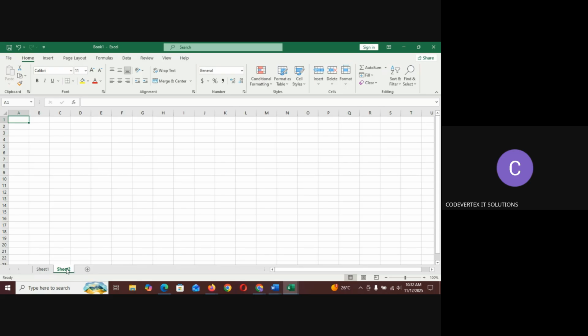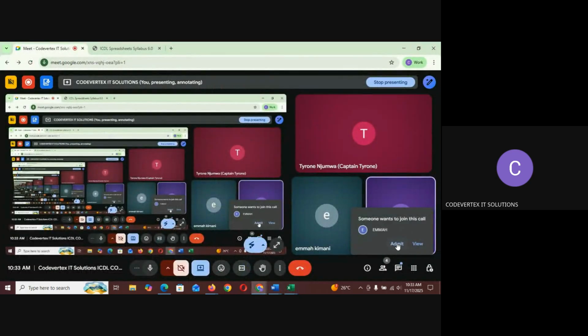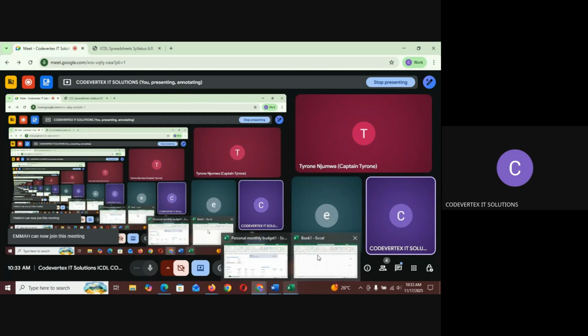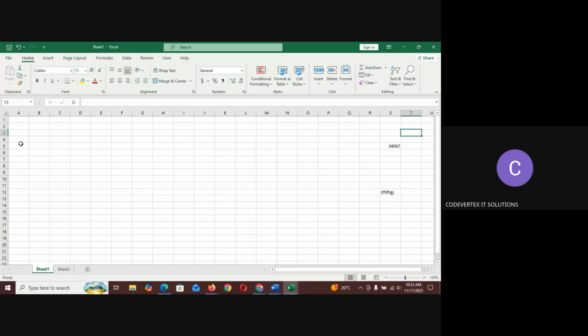So let's say in book 1 you want to write maybe a budget, or maybe you are doing a summary, or maybe a work plan. So sheet 1 you can put the information about whatever you're working on. Then sheet 2 maybe charts about the progress and all that. Then sheet 3 maybe something else. Yeah. So these are sheets. This is a worksheet. Right now you see sheet 1 at least we have written something, sheet 2 is blank,